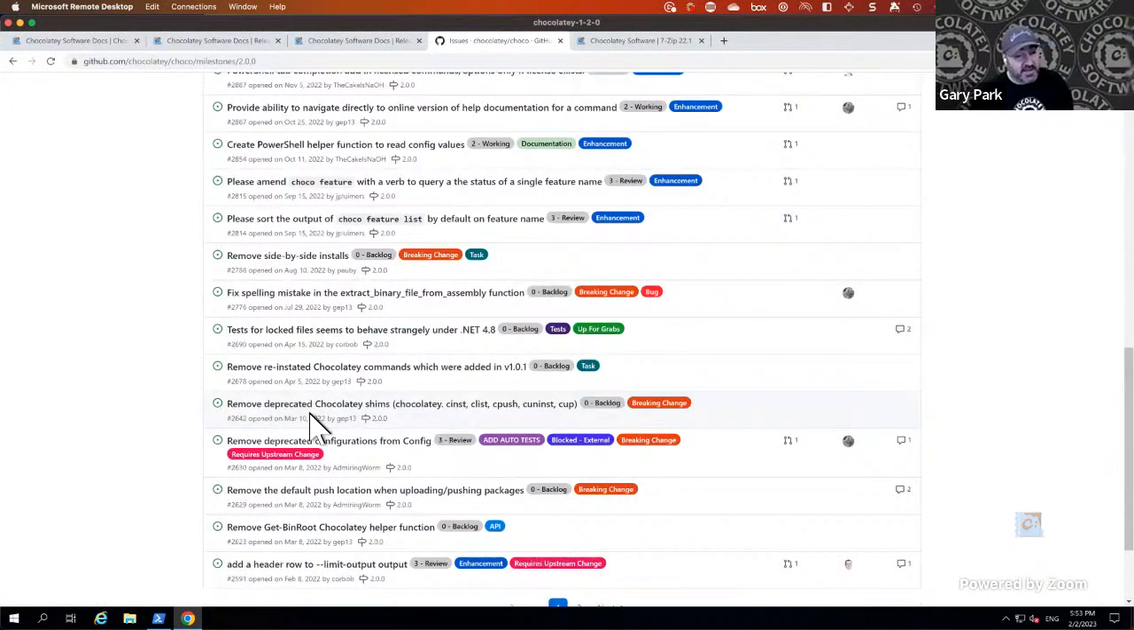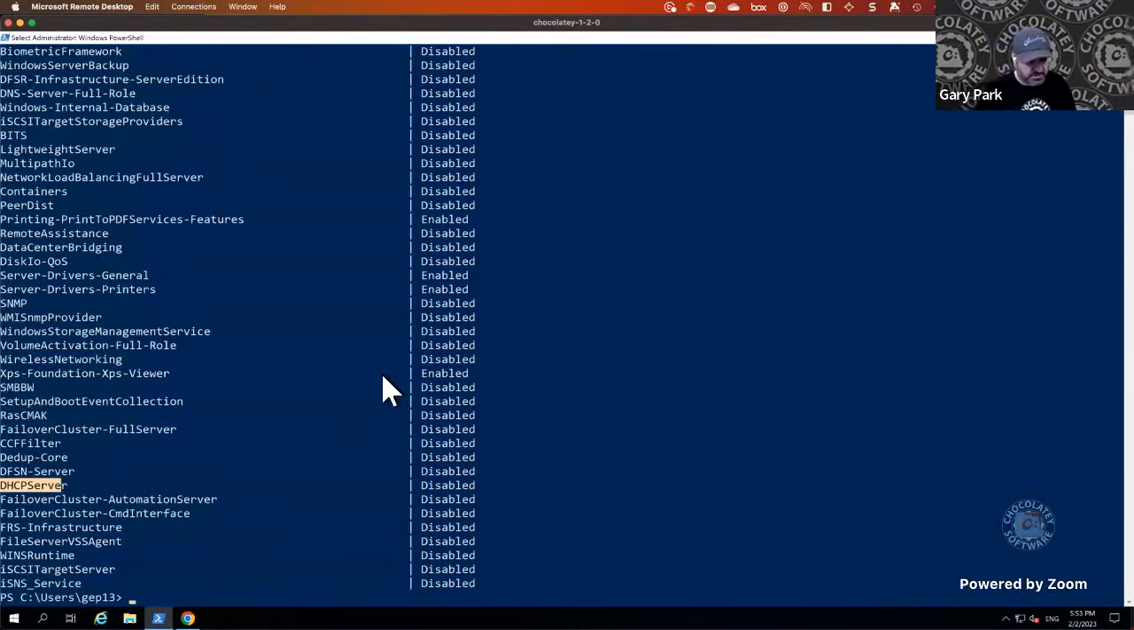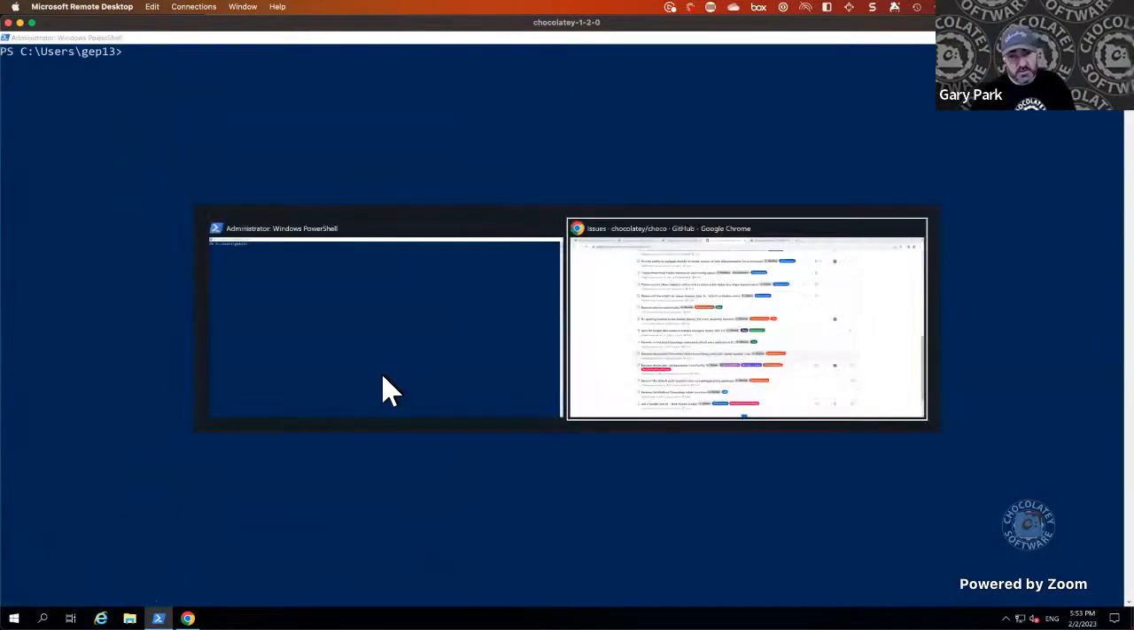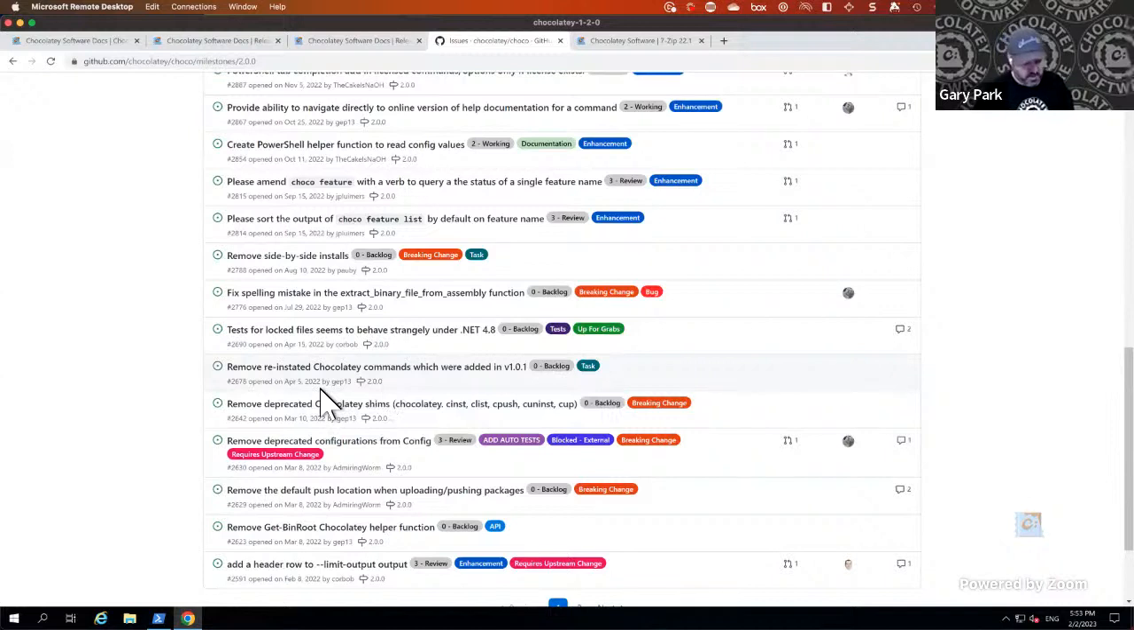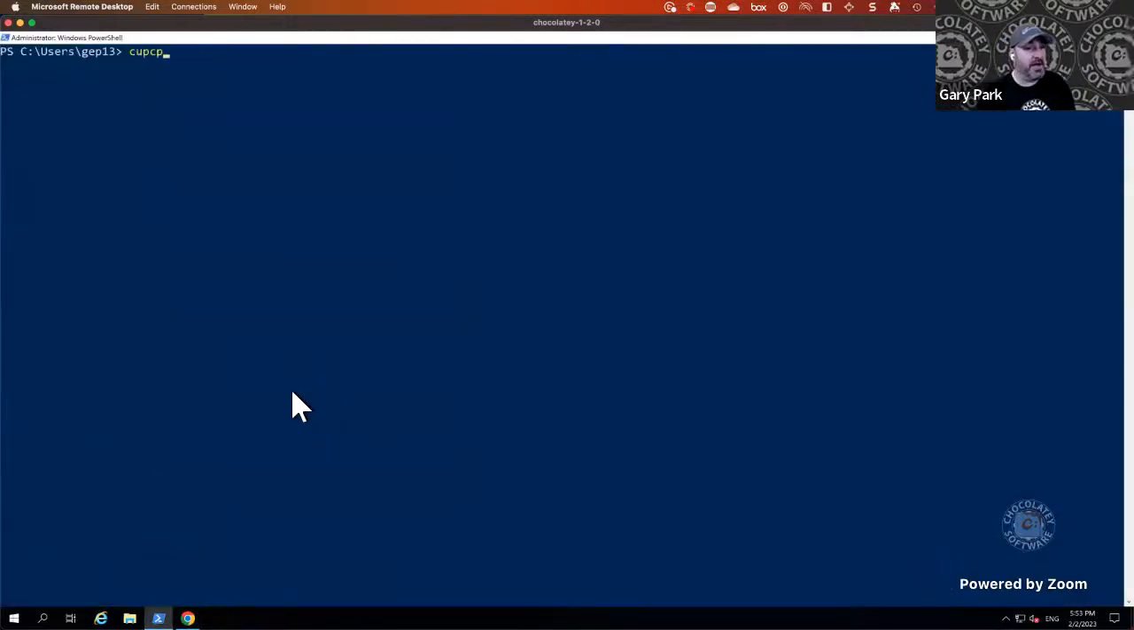The other one here is we started this process in the 1.1 version of Chocolatey, I want to say. But effectively what we did is we marked all of the Chocolatey shims as being deprecated. So as an example of that, what would be a good one to try? If I were to do, right now, Choco upgrade,